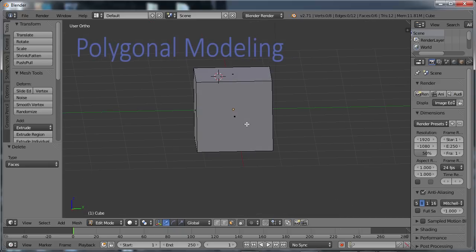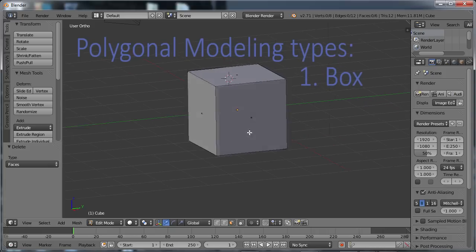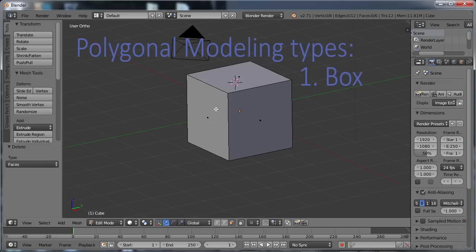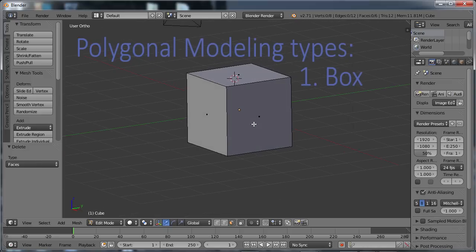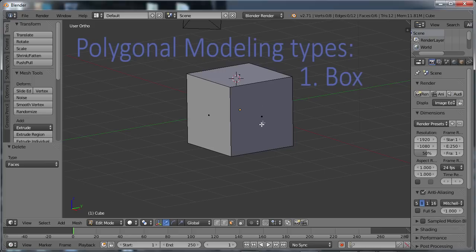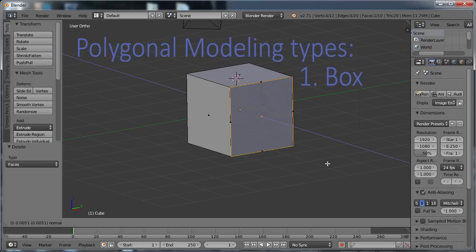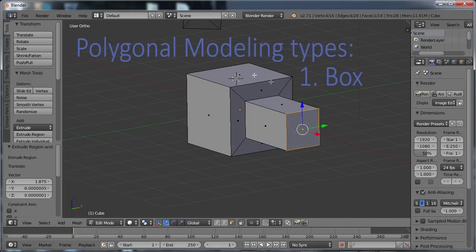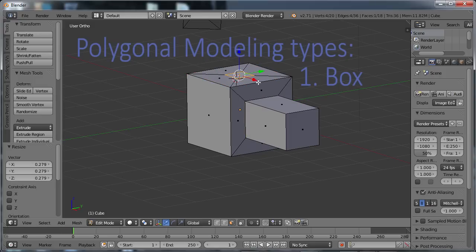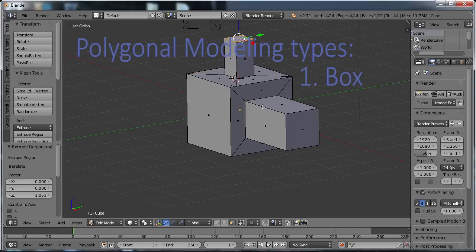Now within polygon type of modeling, polygonal modeling, there are two methods that you can use to model. And the first one is called box modeling, or otherwise known as subdivision surface modeling. Now the reason it's called box modeling is because, say for example, you took this cube, you're going to take this entire primitive cube and you're going to make your object from that. So for example, if I have my cube here, I could do this and choose E, scale it down, E, extrude, come up here, E, scale it down, E, extrude,